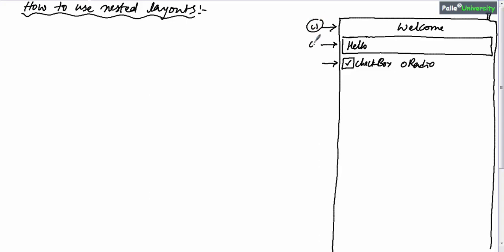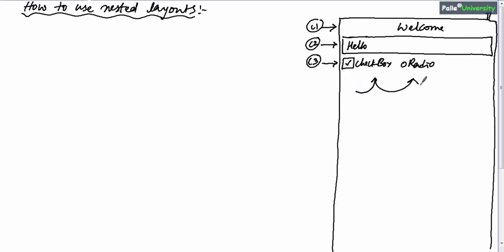Element 2 or child 2 is a button. Since the third row or third child contains multiple elements, child 3 should be one more layout. Tell me what type of layout it is. It is horizontal linear layout because these two elements are positioned side by side.